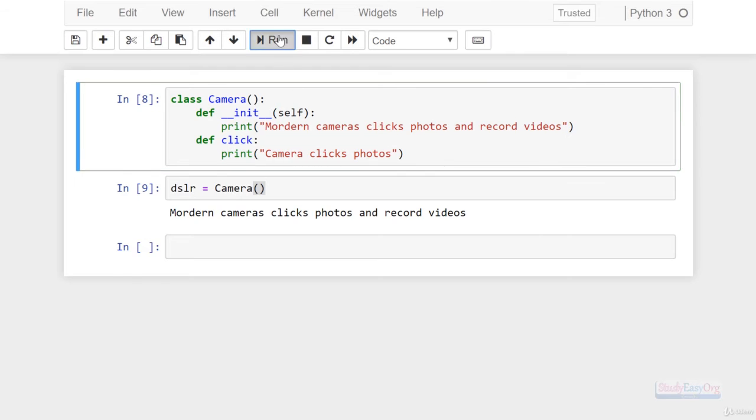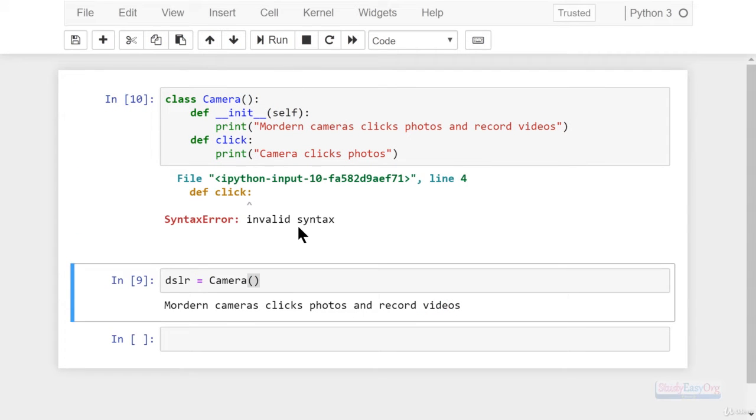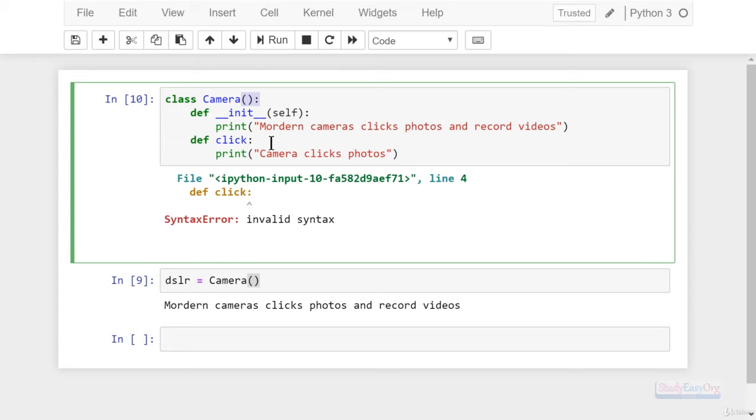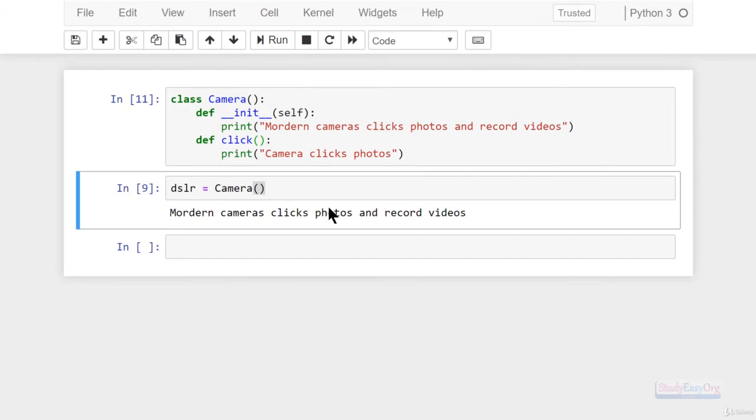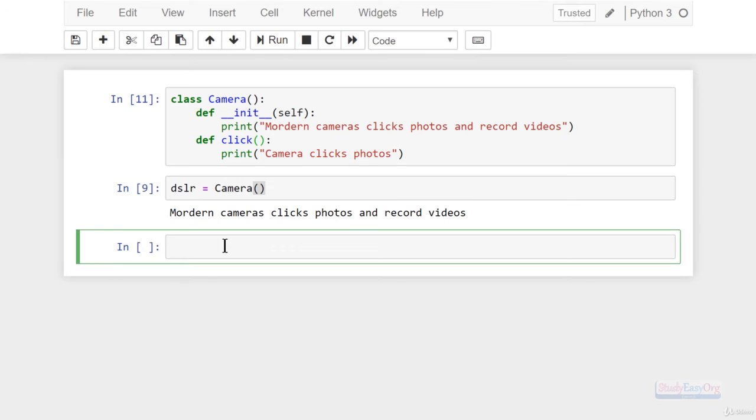Alright, let me run this, and there would be a syntax error. Now friends, when it comes to classes, adding the parentheses is optional, as I have already specified, but when it comes to a method, we have to give parentheses. Let me run this, and now everything is good enough. Alright, so this is good. Now in here definitely we can do what? We can run this as well. We can say